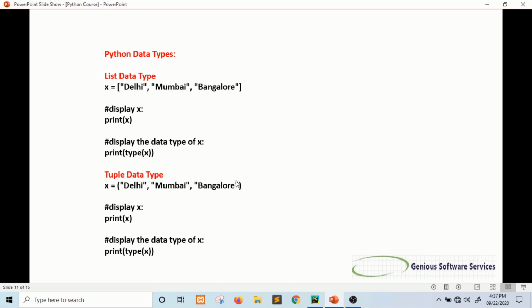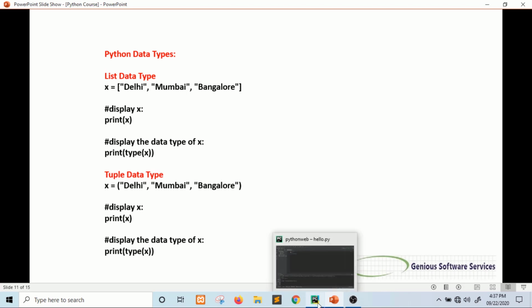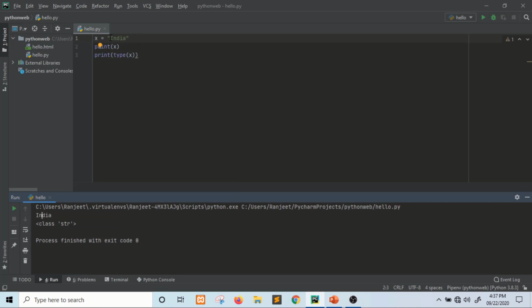Next one is list data type. Delhi, Mumbai, Bangalore. Right.